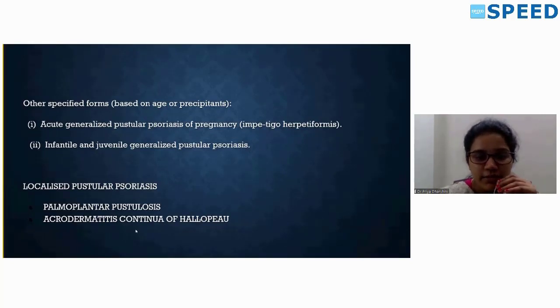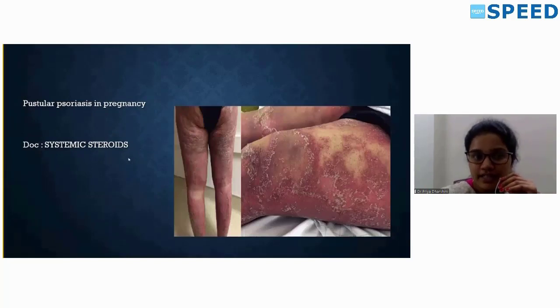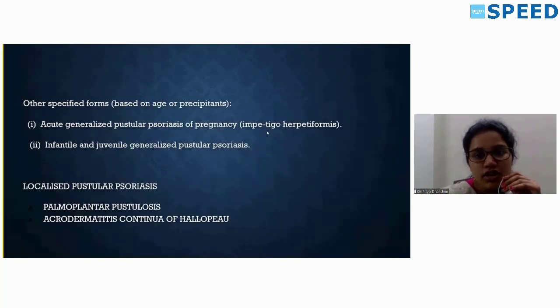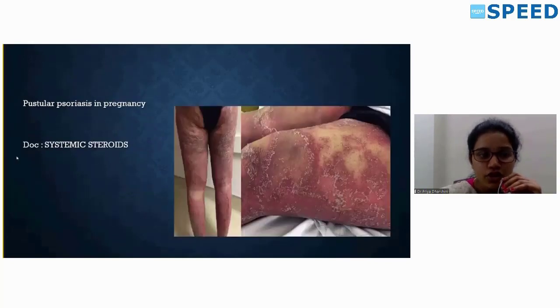In this, a single finger will be involved, and it will have multiple pustules, and it will have deeper involvement of bone, nail, and soft tissue compared to palmoplantar pustulosis. Pustular psoriasis in pregnancy, as I told earlier, is also called impetigo herpetiformis, and the drug of choice is systemic steroids. Only in this place in psoriasis do you use systemic steroids as the drug of choice. In other places, you should not use them. So this is the picture of pustular psoriasis. All these pustules have ruptured, and they form a desquamating, scaly plaque-like lesion.